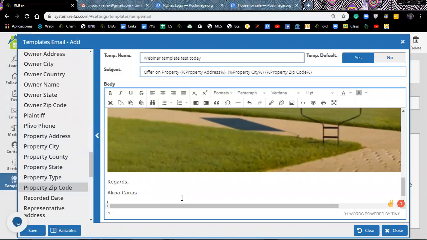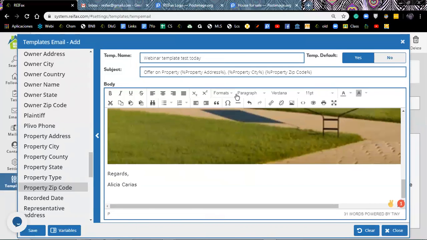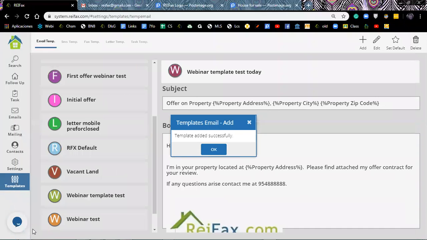Can put in my phone number, whatever. Like I said, this is your signature. You put in whatever you want to put there. Once your template is just like you want it, you just click on save. And now it's ready for you to use whenever you're